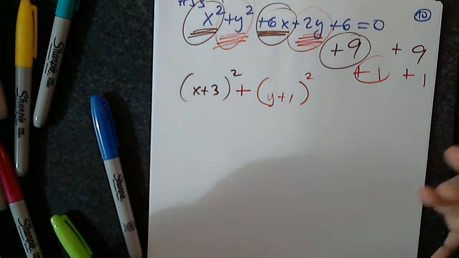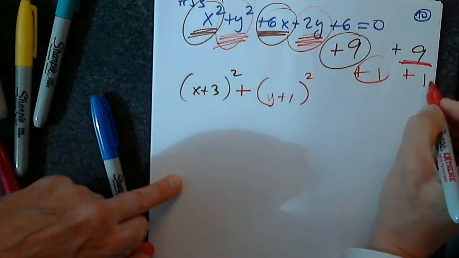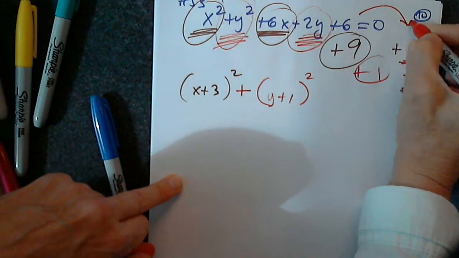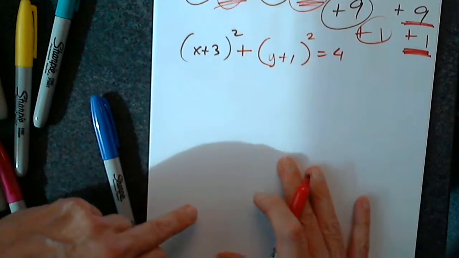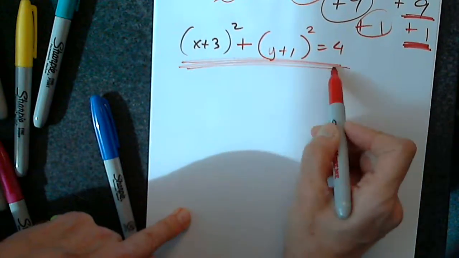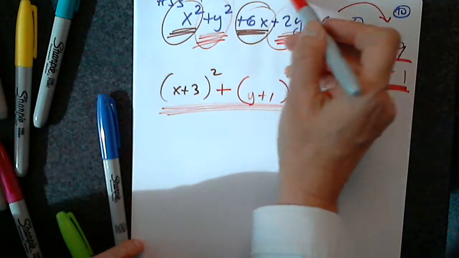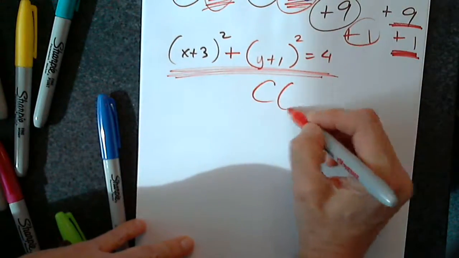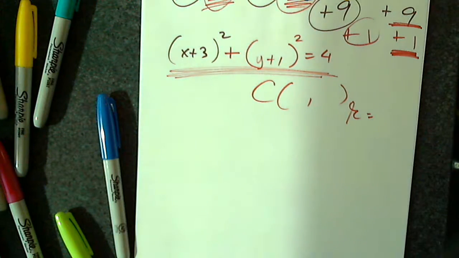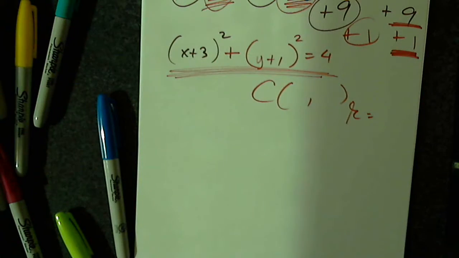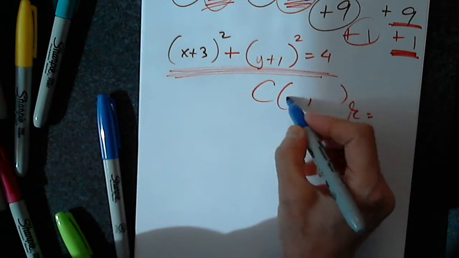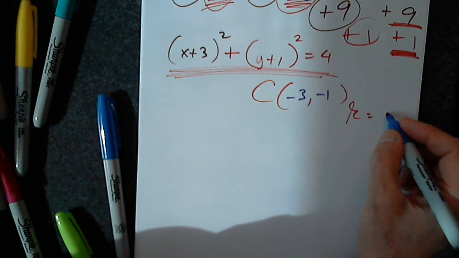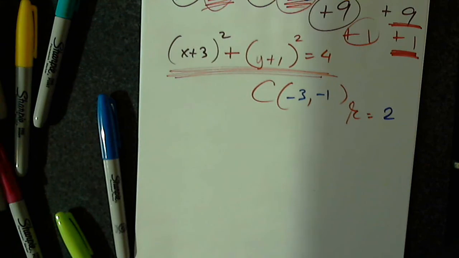Very good. So now all we have left is this 9, this 1, and I have to bring the 6. 9 plus 1 is 10, minus 6 is 4. Does this resemble this? Good. I need the center and the radius, which means, yes, it's a circle. They are asking us to identify the center. The center would be? Very good. And the radius? That's it. So these are the